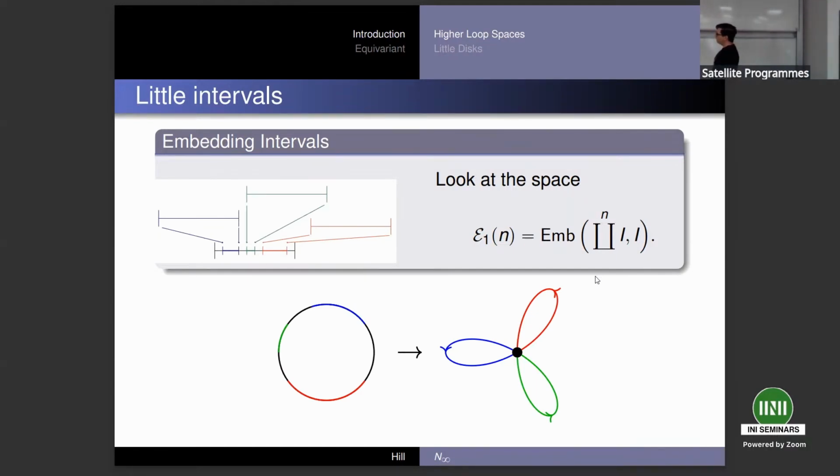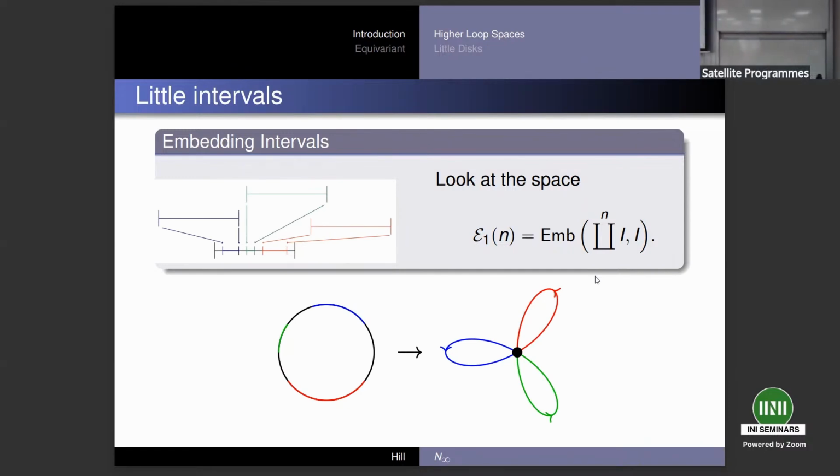The key point that I want to make here is that a choice of embedding of the intervals, in this case, in my picture, full disclosure, this one I drew by hand. There's literally no way I could have gotten it otherwise. But given the embedding of three intervals there, there's a blue one on the left, there's a green one at the top, and a red one to the right. That gave me a sort of marking on the circle.